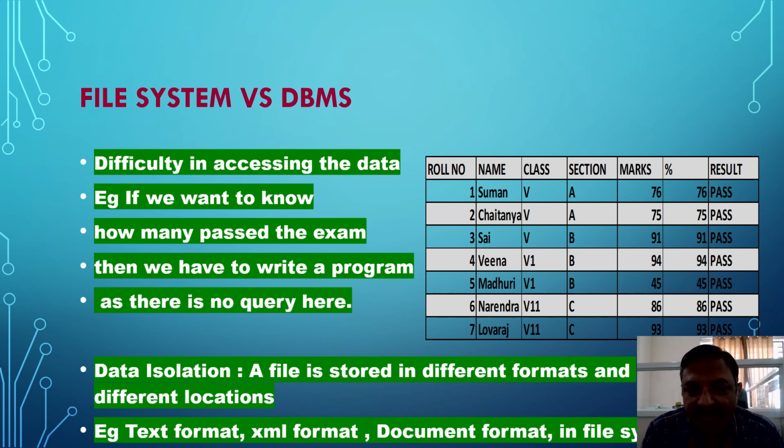Three are in class 5, two are in class 6, two are in class 7, with different sections A, B, C, and the percentage of marks which they got: 76, 75, 91, 45, etc. Now if you ask how many students got more than 60%, if you want to know,